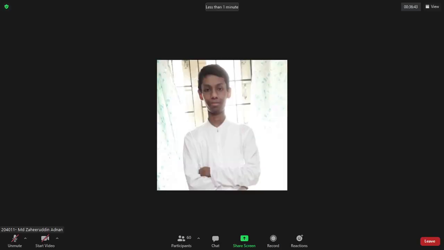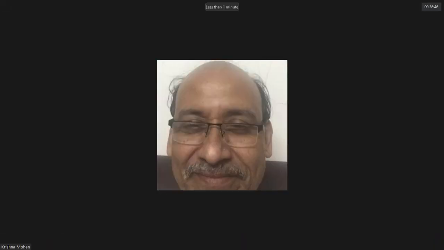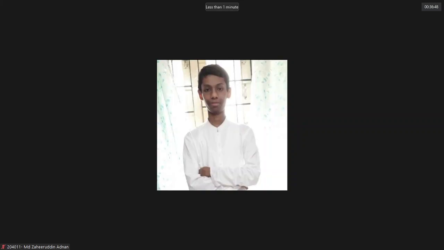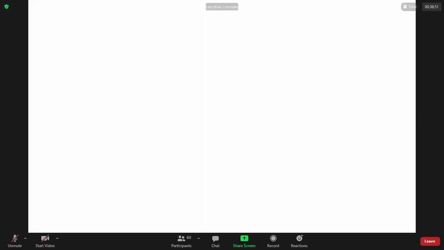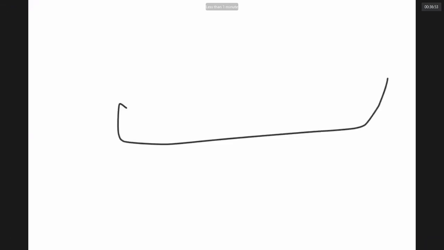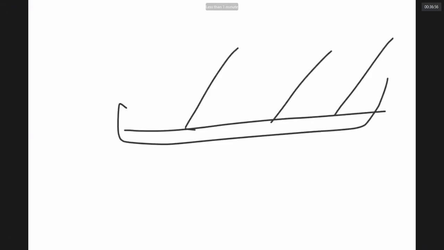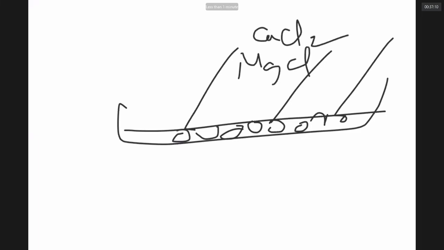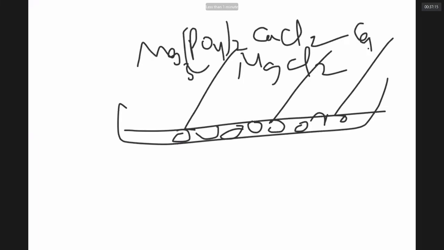Though it is not there in the exam, I have to tell you, in good olden days, they used to put the sea water in a field, allow the sea water to evaporate and you get crystals. That is called salt. And they were just selling the salt crystals. The sea water contains many other things like calcium chloride, magnesium chloride, magnesium phosphate, calcium phosphate. So many things it contains, and all